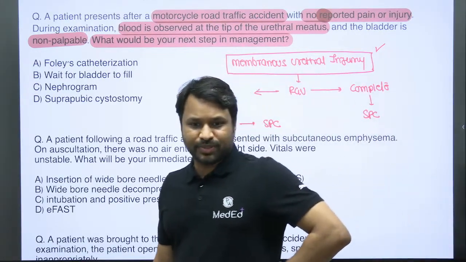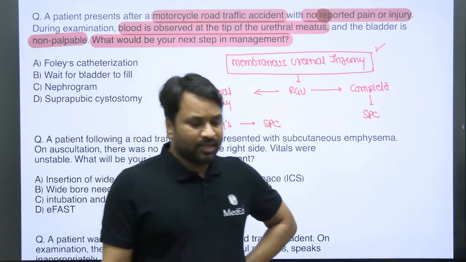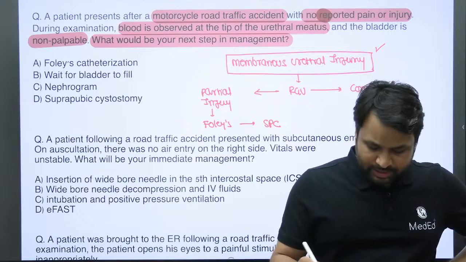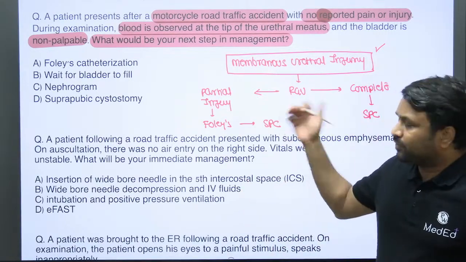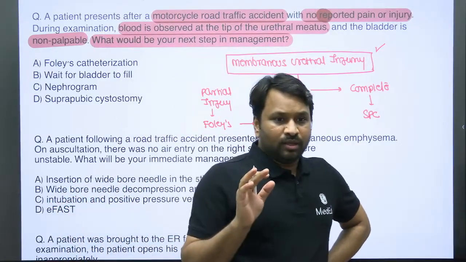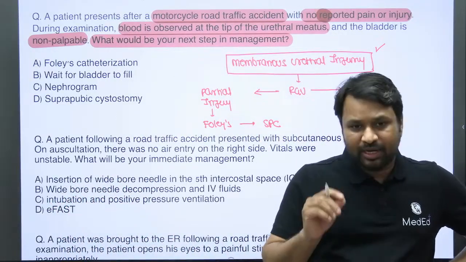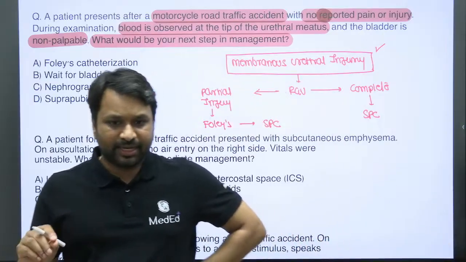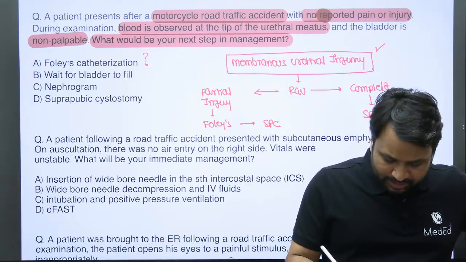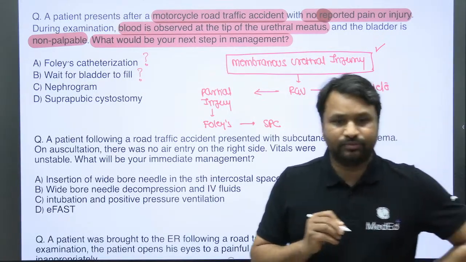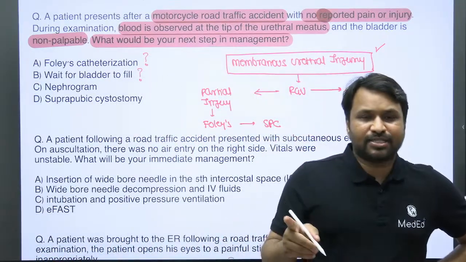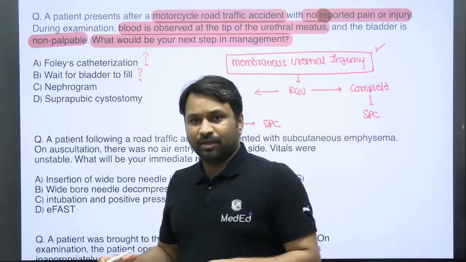So I have two options which are filling up. See, everybody knows that SPC is done only if there is a complete urethral injury. To identify that it's a complete urethral injury, you have to do a retrograde urethrogram. Okay? If there is only blood at the meatus, okay? Yes, I know you are confused between whether to catheterize or wait till the bladder fills. Absolutely correct, Debajit. The correct answer here is allow the bladder to fill up because of the urethral injury,